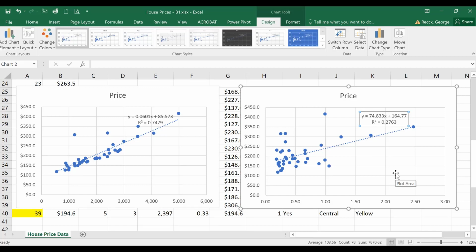So here we see in this case the constant, or the y-intercept, is almost 165,000, and each acre is worth almost 75,000. That's a big difference in terms of how the slopes look. And we don't have nearly as good a fit to a line, as exemplified by the fact that we have an R squared value that's only 27%, which means that only 27% of the variation in lot size can explain